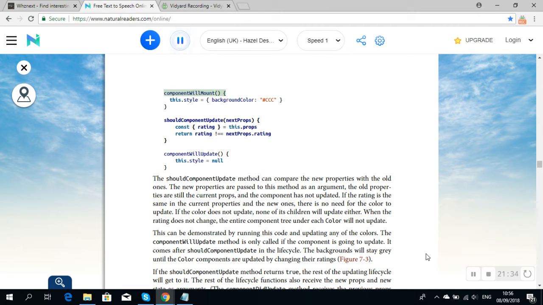componentWillMount() { this.style = { backgroundColor: '#CCC' } } shouldComponentUpdate(nextProps) { const { rating } = this.props; return rating !== nextProps.rating } componentWillUpdate() { this.style = null }